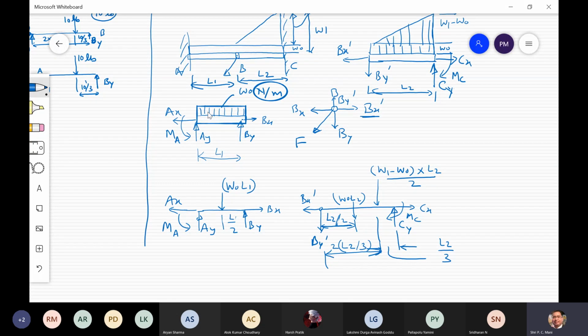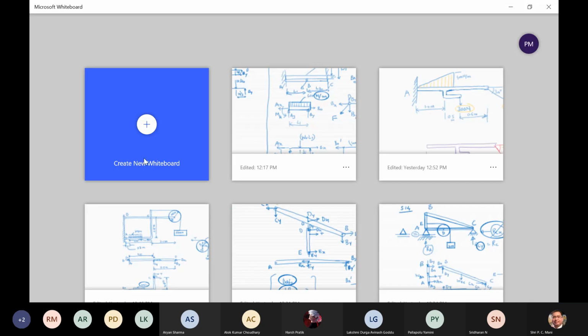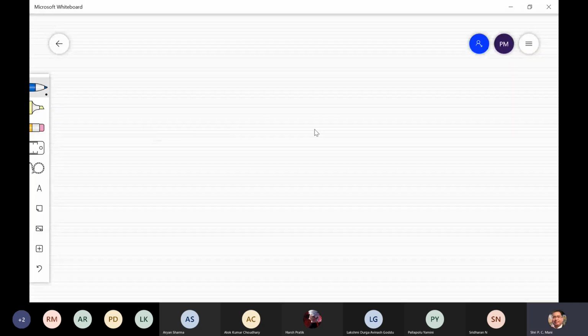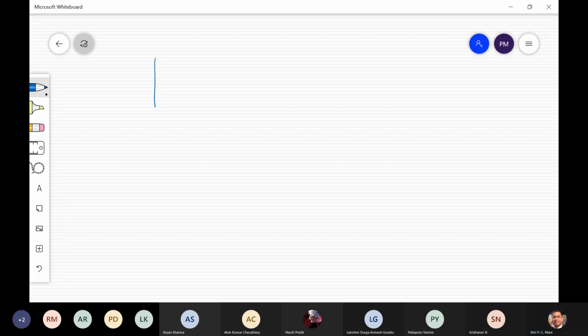So these are some problems, 3 problems. Now I'm taking one problem that is related to truss type structure. When at a point there are 3 members, so when this type of situation is there, in that case you have to apply the reaction forces along the member. For example,